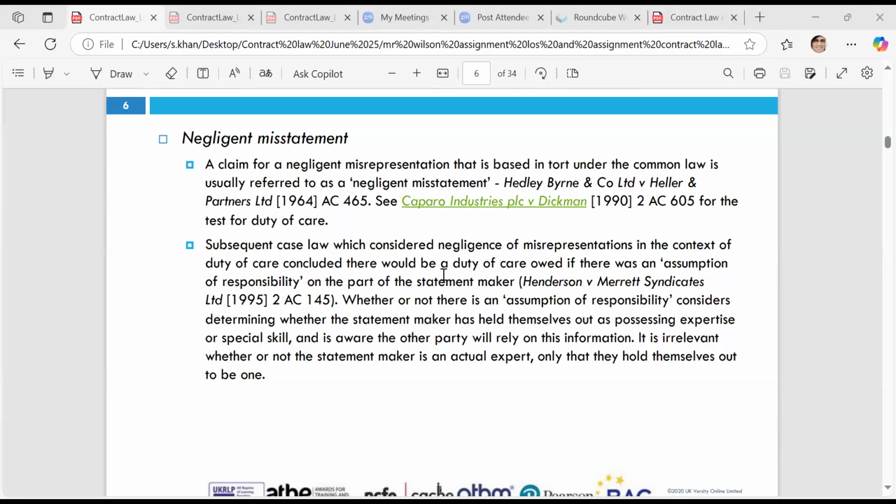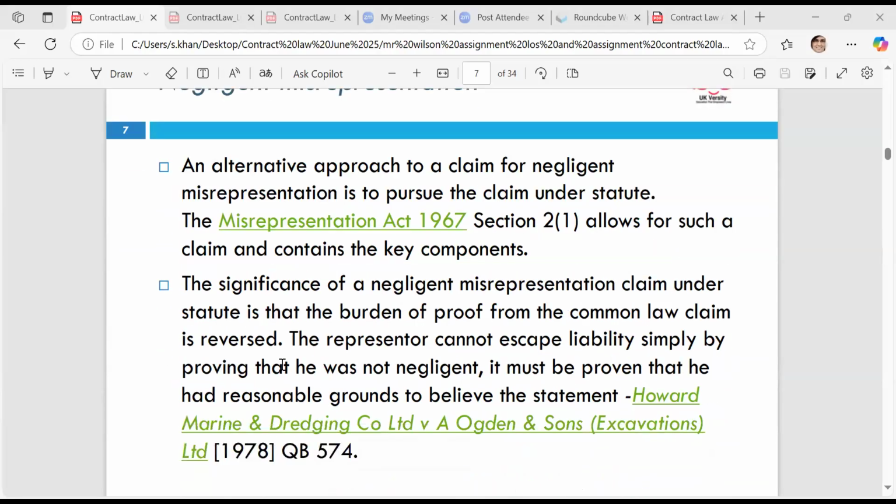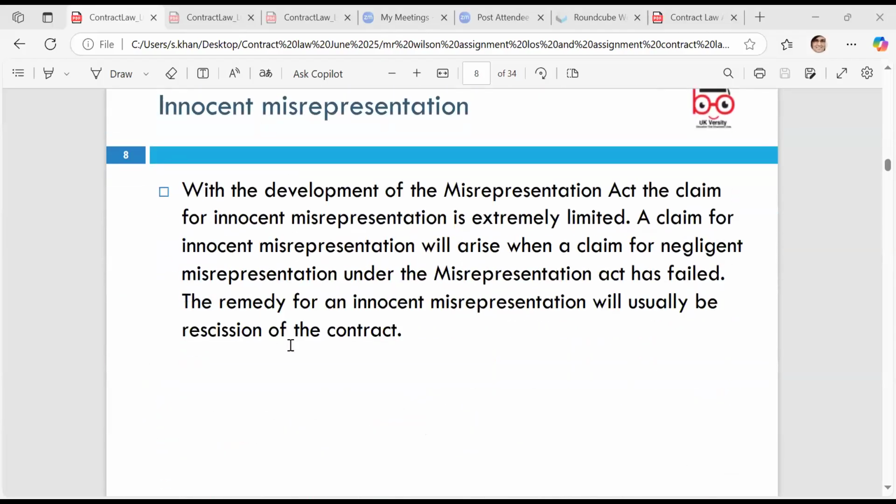The famous case in regards to that is Caparo Industries and Dickman 1992, which looked at the test of duty of care. An alternative approach in regards to negligent misrepresentation was pursued in the Misrepresentation Act 1967, Section 2, Subsection 1, which allows for such a claim and contains the key components. The last one is